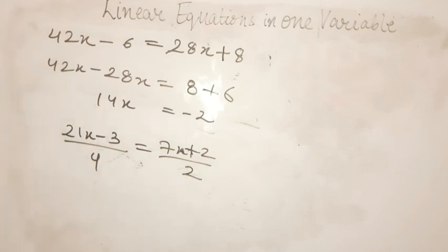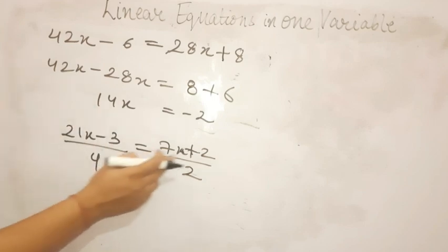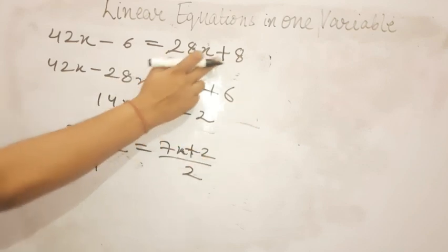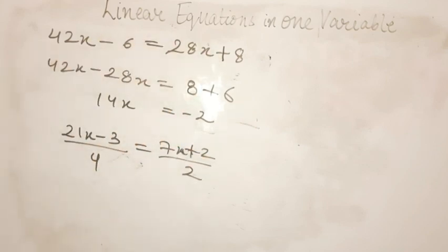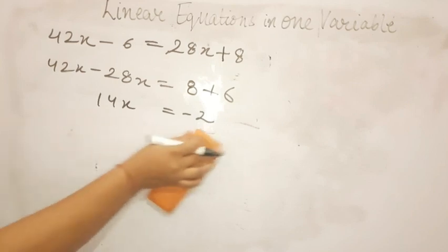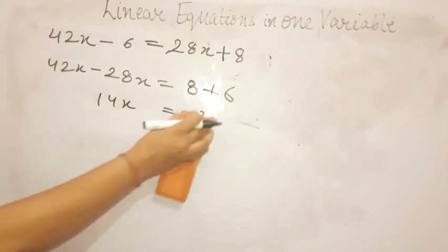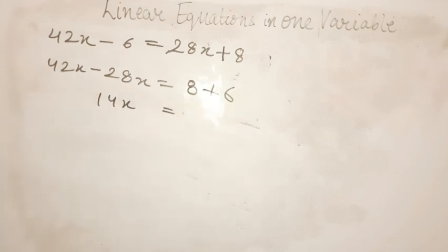Okay, so that is why this plus 2, once it is multiplied by 4, will become 4 7s are 28 and 4 2s are 8. So it will be plus 8. Okay, so there was a mistake while noting down the next step. It is plus 8, not minus 8. Now 8 plus 6 is 14.